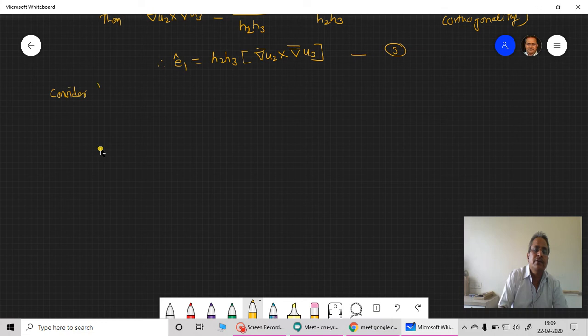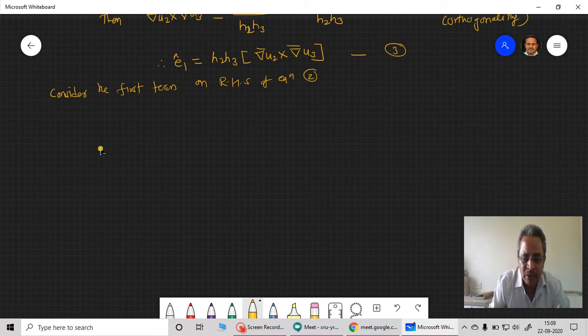Consider the first term on the RHS, right hand side of equation 2. Remember, it looks more theoretical. In examination no one asked this, but we must understand how we have defined gradient, how we have defined divergence, and how we have defined curl. Actual application of these things for different types of coordinate system, that is the more interesting part that we are going to do later on once we understood this particular theory here.